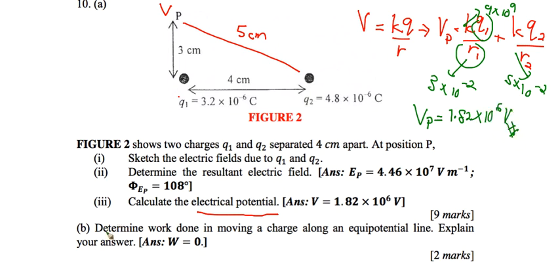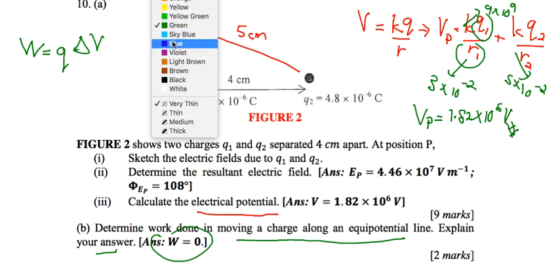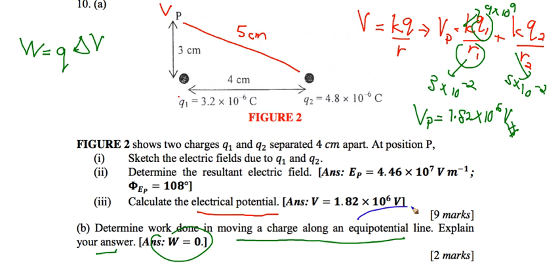And the next is B. This asks for the work done in moving a charge along the equipotential line. Explain your answer. Right? So the answer, the work done is 0. Why? If you use the work equation, the work done to move a charge is the charge Q times delta V. But the charge is moving along the equipotential line,